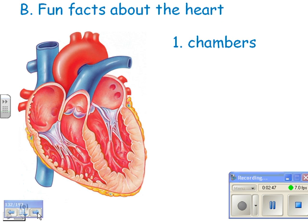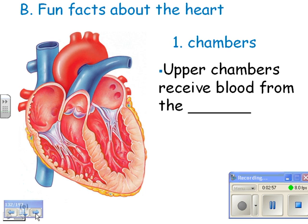Okay, fun facts about the heart. There are 4 chambers: 1, 2, 3, 4. The top chambers are small and the bottom chambers are big. The upper chambers receive blood from the body. I have arrows to show you that. So this is an upper chamber, and it's getting blood from...